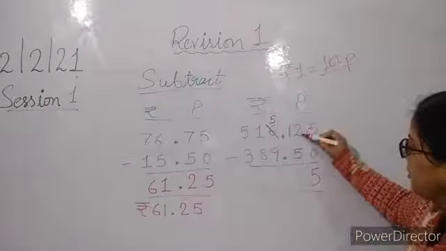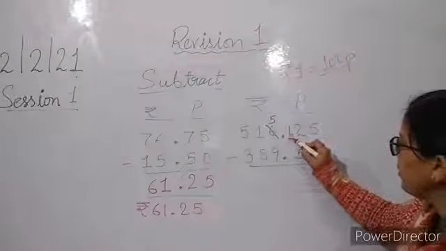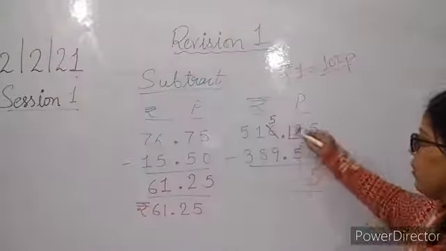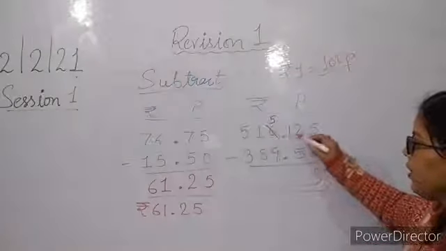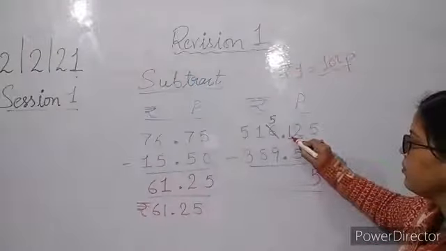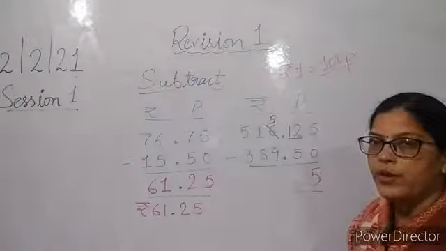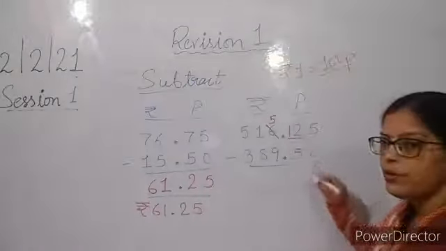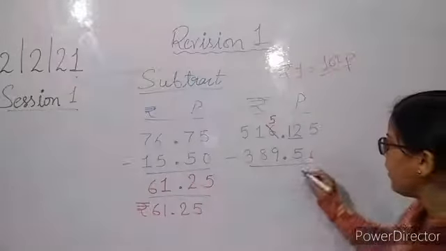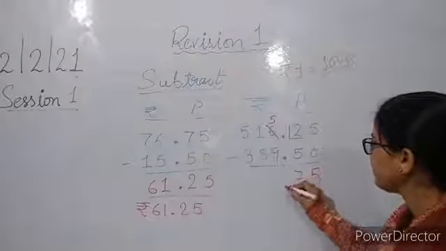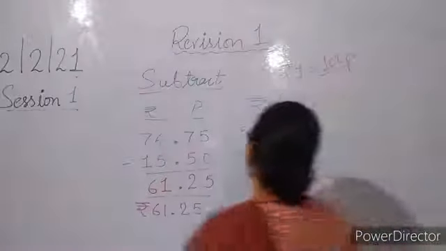And then it is 2 minus 5. So we'll take these 2 digits together. We are borrowing 1 from here. When we borrow, to subtract, this 2 becomes 12. So here we'll take these 2 digits together. So 12 minus 5 will be 7. Now we'll subtract this rupees amount.